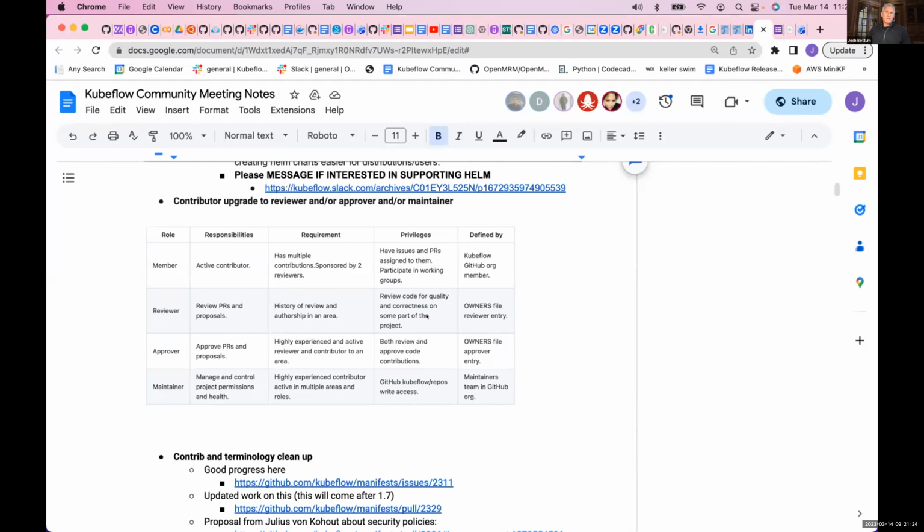This is something that's near and dear to my heart: understanding whether people that are contributing and requesting upgrades are getting them, are being recognized, are able to take a more ownership and responsible position in the community. If people are not, please raise your hand and let us know. I also want to make sure that, as much as possible, we clean this up and we all understand what the names are and what the responsibilities are.